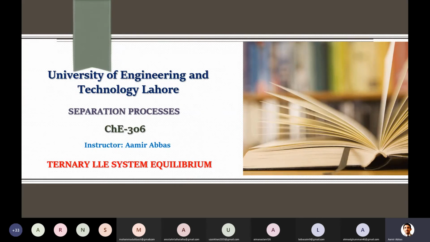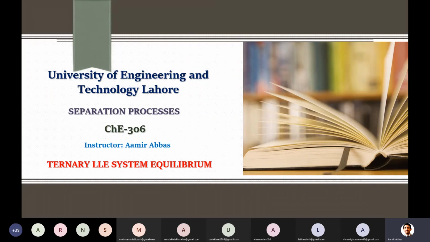Although we were already studying from chapter 8, liquid extraction, in this lecture specifically and the next lecture we will go back to chapter 4, and this is section 4.4 of your textbook. There is also some content from other textbooks, but majorly you can follow chapter 4 of your textbook, and that will be enough, because there are problems related to that section. We are going to talk about some equations and then the application of those equations in the form of problems. So that is from section 4.4 of your textbook.